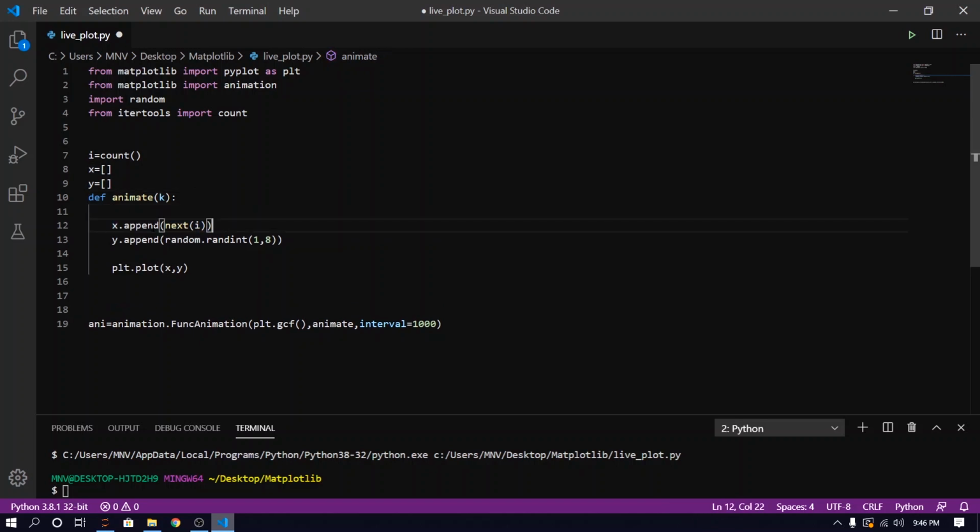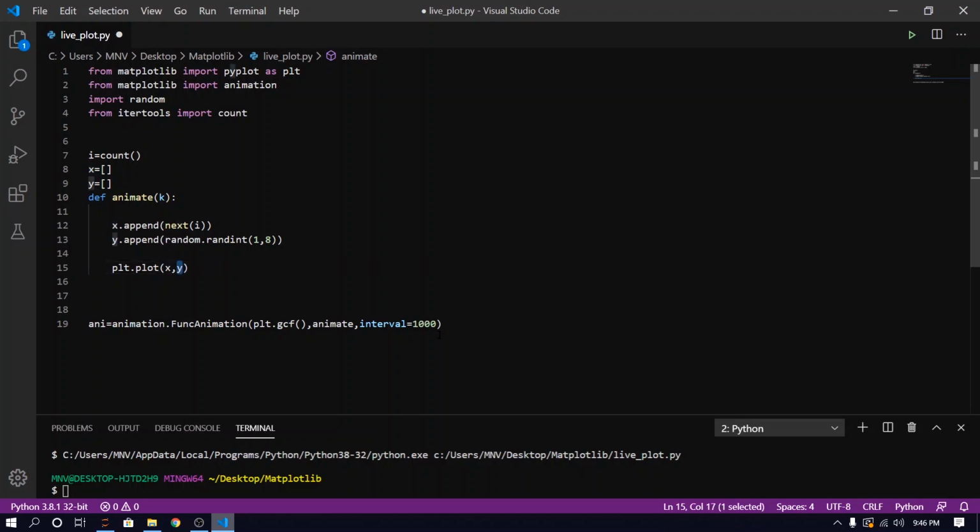In x the i value will be added: the first time i will be 0, the second time 1, then 2 and 3, like this. In y.append, I am going to pass a random integer between 1 and 8. After that I am going to pass x and y to plt.plot. So x and y are our lists of values.